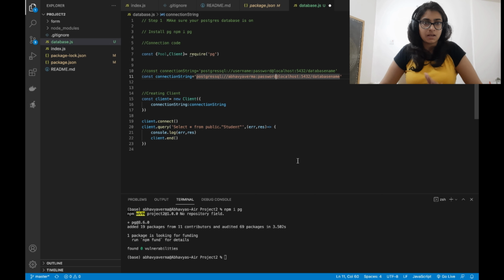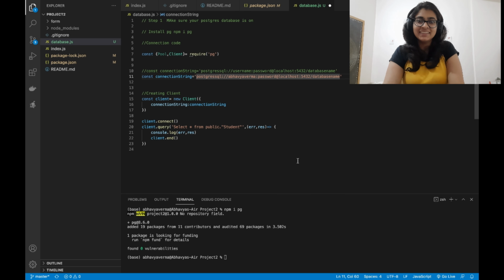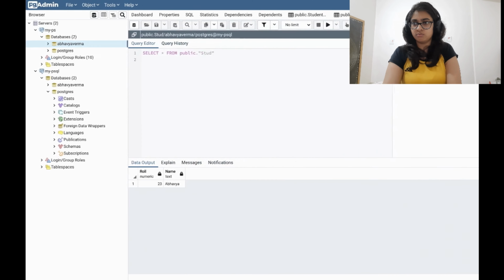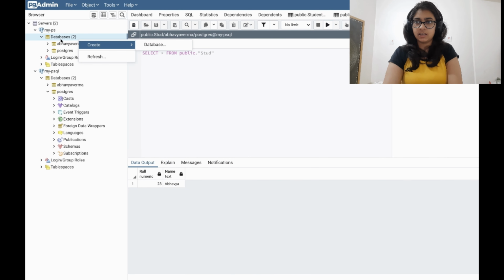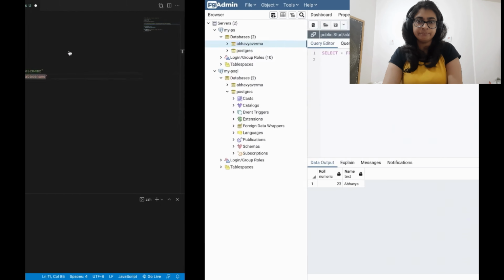I gave password only so that I can remember it. And the database name is these two. Whatever, you can create a new database from here. So currently I will use this only, Abhavya Verma.